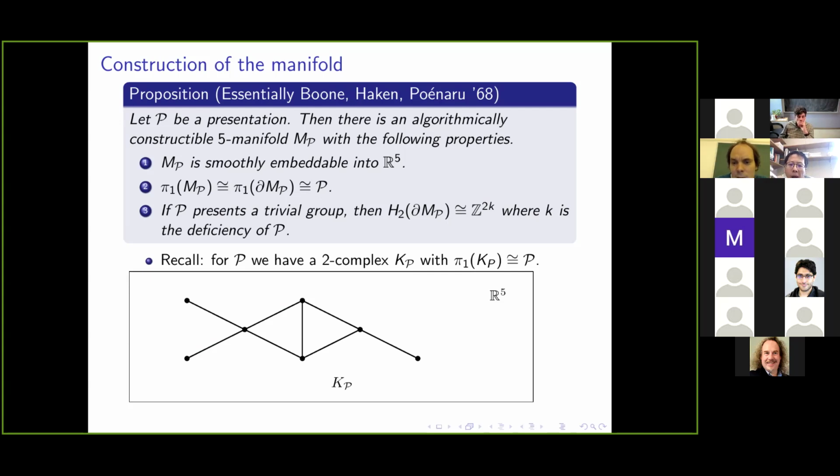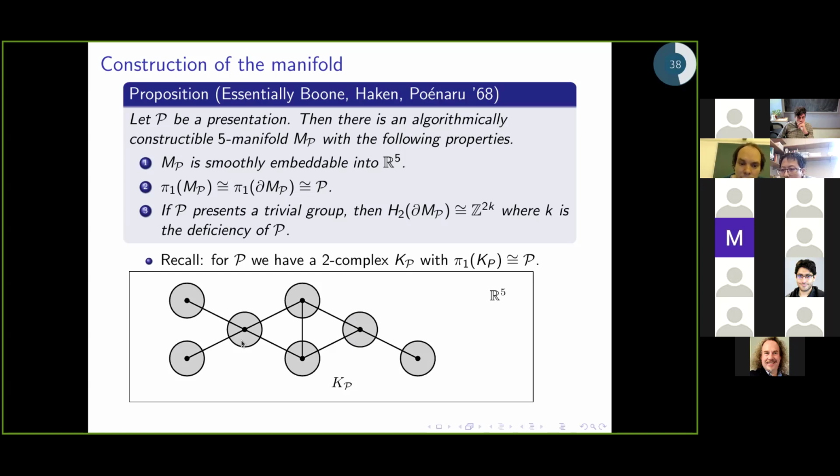This is actually not very difficult because in some previous slides I have shown you a construction of a 2-complex which has the same fundamental group as the group presented by the presentation. I'm using a 1-dimensional picture, but this is really a 2-complex in R5. I embed it into R5 simply by general position, taking a general position linear embedding. Then basically I do something like a handle decomposition, but let me present it in the way that around the vertices I build some balls,